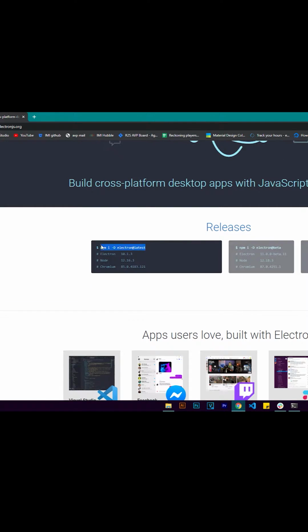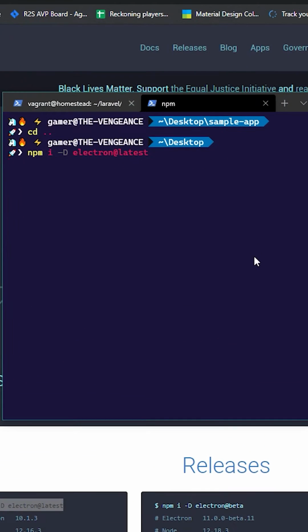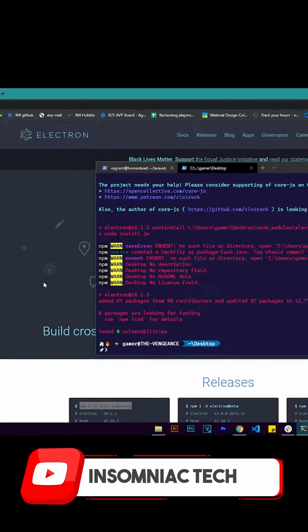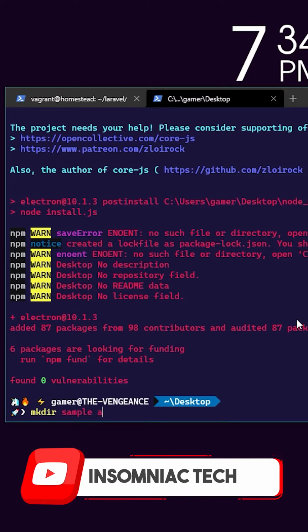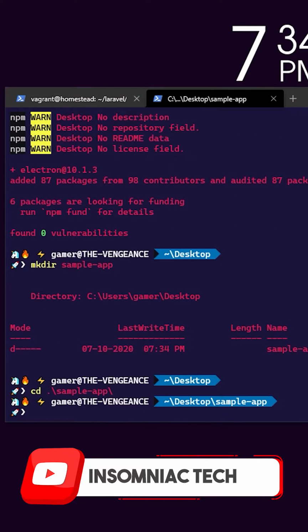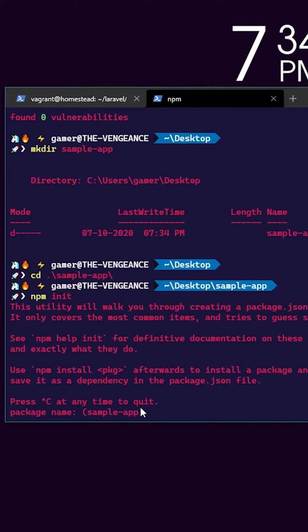Building a desktop app has never been this easy. First up, we're going to be using something called ElectronJS. Obviously, we're going to be installing it globally, and for this you need npm, the Node package manager, and Node.js itself. Next up, we create a directory where we want to save the project and install all the required